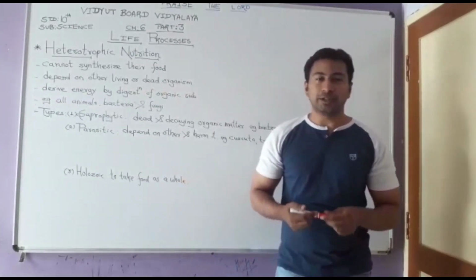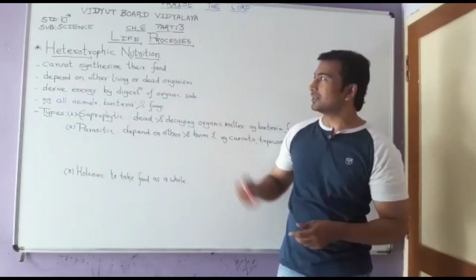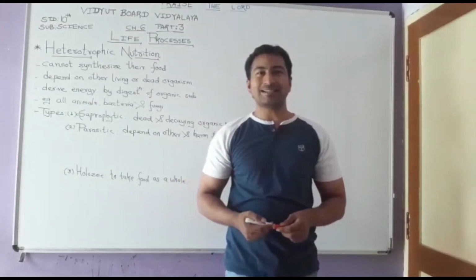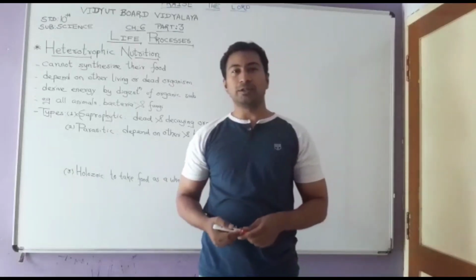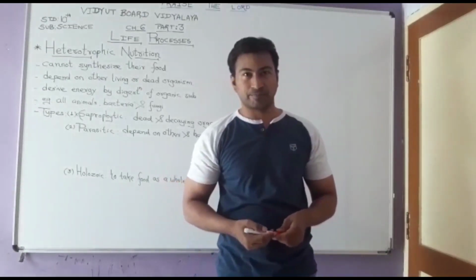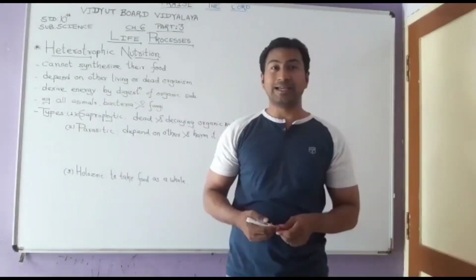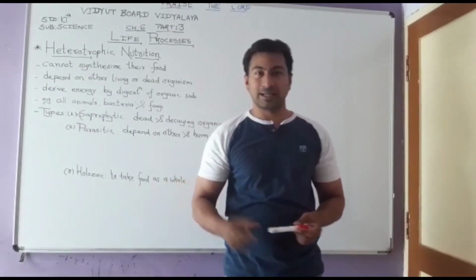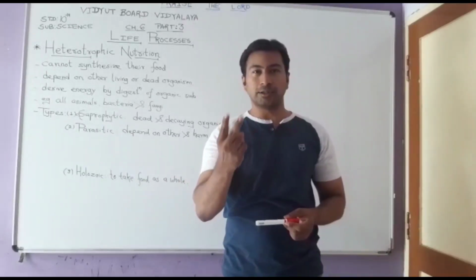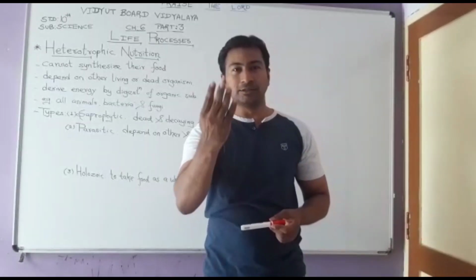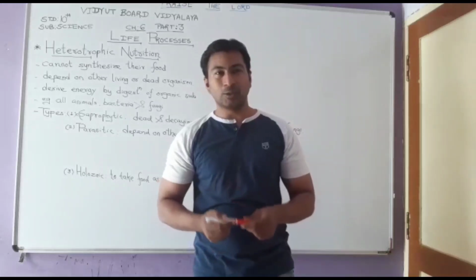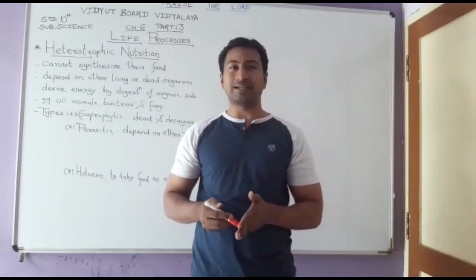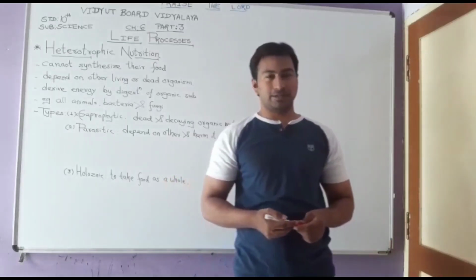So we are into the third part of the chapter, the life processes for 10th standard science. Well, in the last class we have discussed very well about the autotrophic nutrition and how plants obtain their nutrition using four major things, that is sunlight, water, carbon dioxide and the chlorophyll content. Now let us see the other side of the organisms, that is the heterotrophic organisms.